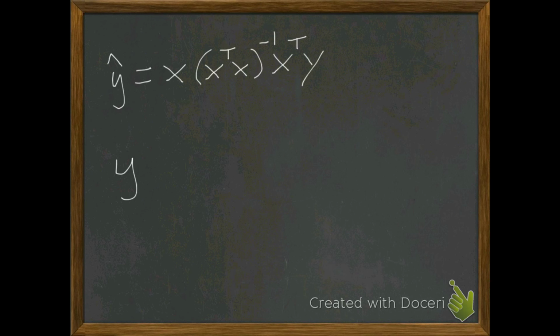Now, if we rethink this as y hat equals this value, and we will call that h times y, we can see clearly that h, which is our hat matrix,